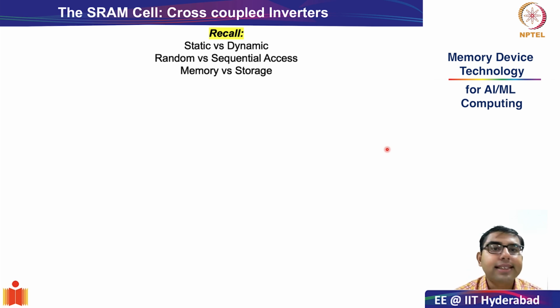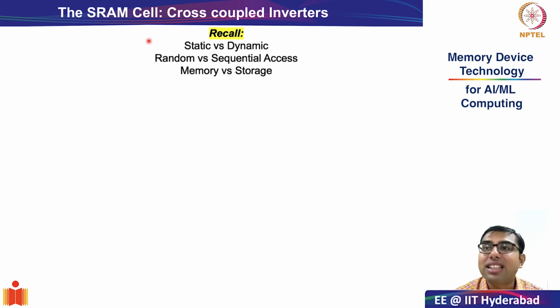However, in SRAM cells, or static random access memories, there is no requirement to do a continuous refresh. This is because, unlike dynamic random access memory, where information is stored on the storage node of a capacitor, here, as we will see, in SRAM cells, because of positive regenerative feedback, you are able to protect the data. Okay, so this is a very important concept, and this is where the term static comes from.